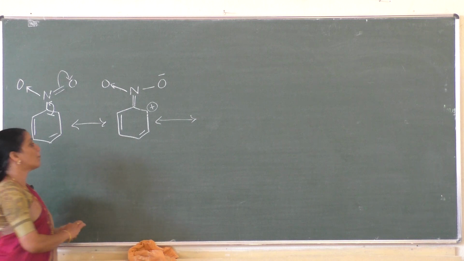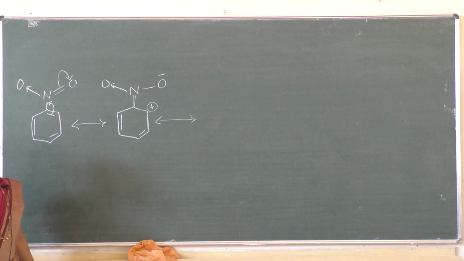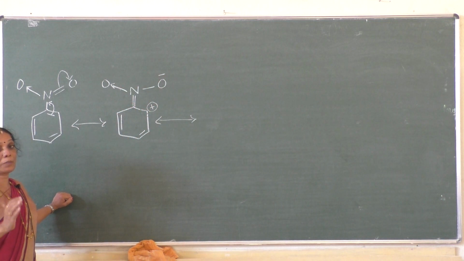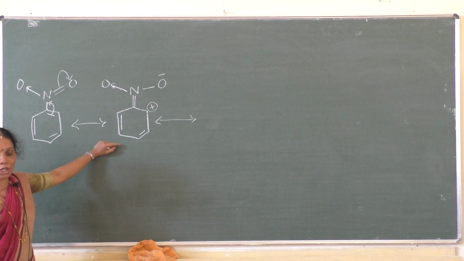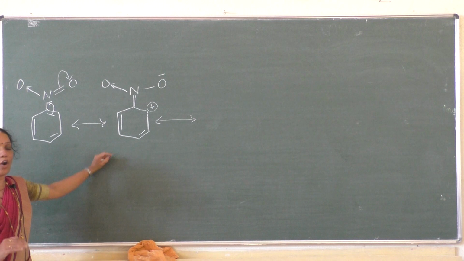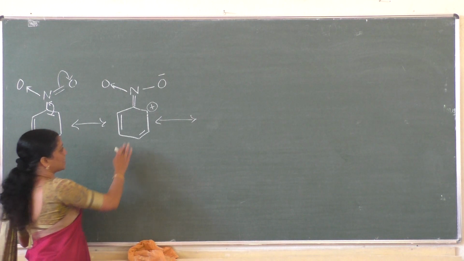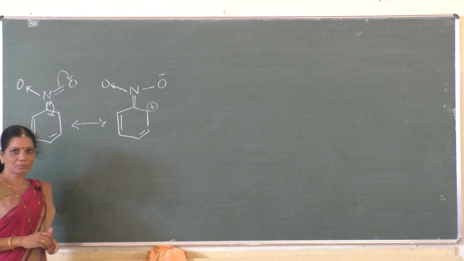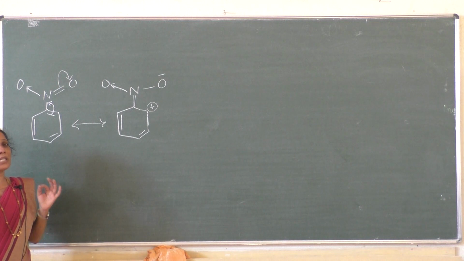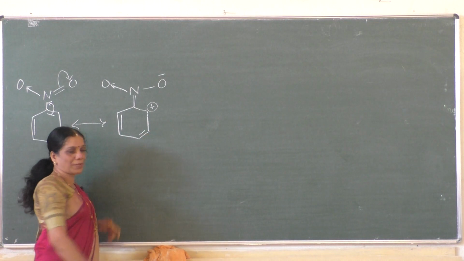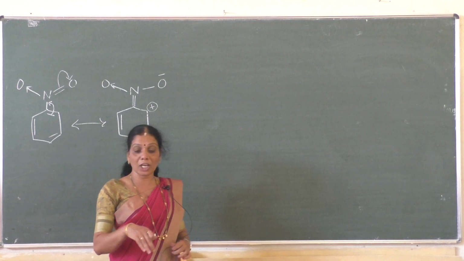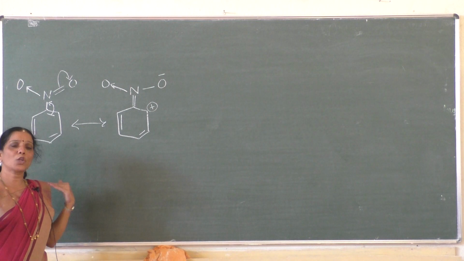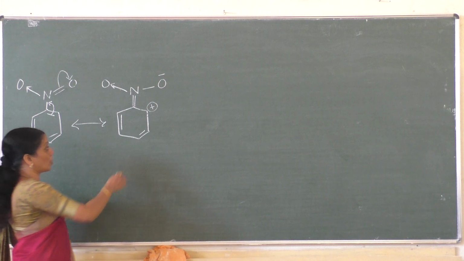And you can see here the molecule doesn't retain this state for a long time because it has got a positive charge. Along with that, the oxygen has got a negative charge here. That means it is not a highly stable condition for the molecule. Process goes on, continues to attain the stability or the comfortable state. Now what happens here? Listen here students, once it reaches this state, within a fraction of second, it doesn't take a maximum time. Within a fraction of second, next resonance takes place. Resonance is nothing but a shift of electrons, delocalization of electrons. Understood? Delocalization means no fixed position. Delocalization itself is called what? Resonance.